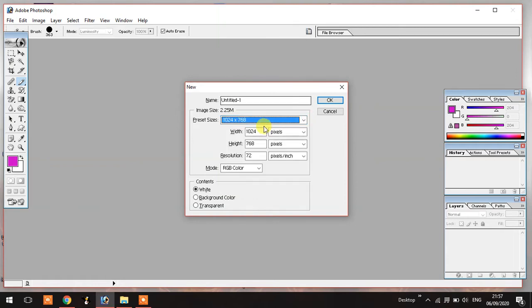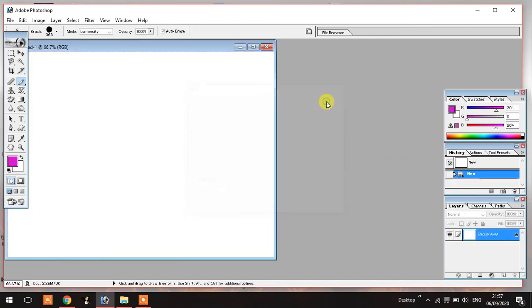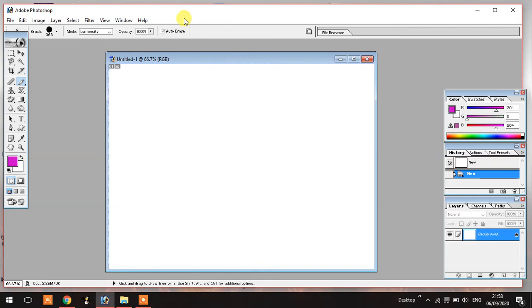So I am going to take 1024 into 768, and you can also type the name of the preset of your layer, then click on OK button. Okay, then after, if you want to make your layer in full size, press F button.